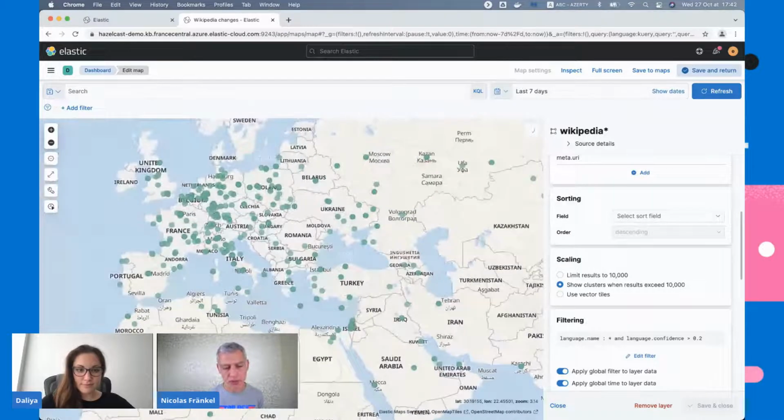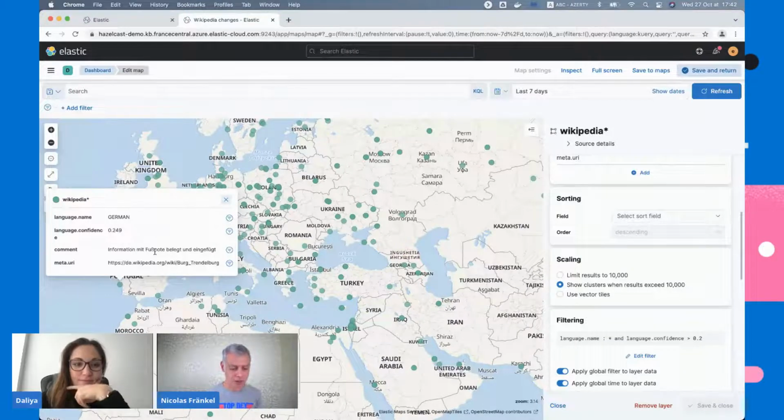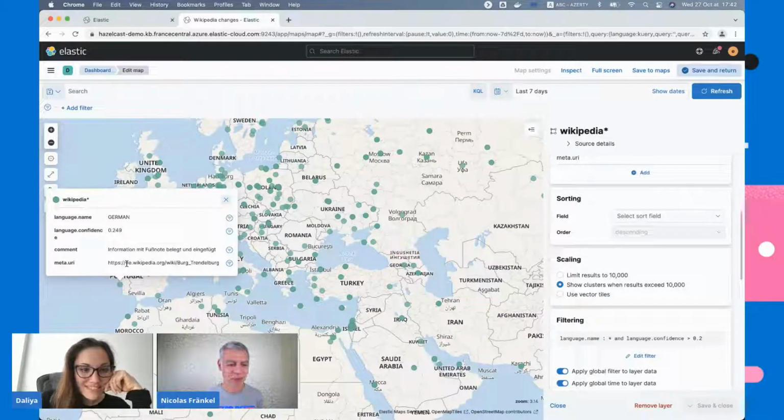Meanwhile, here you've got all the data points. Awesome. Okay, well, I think we can wrap up early in that case. I found some things weird. Look, in Portugal, we have a change in German to the German Wikipedia. But it seems to be okay. It seems not to be bad. I don't think that anybody in Portugal is really interested to change the Wikipedia page for Trendelburg. That's not a really important Wikipedia page. Apart from the people from Trendelburg, but yeah.